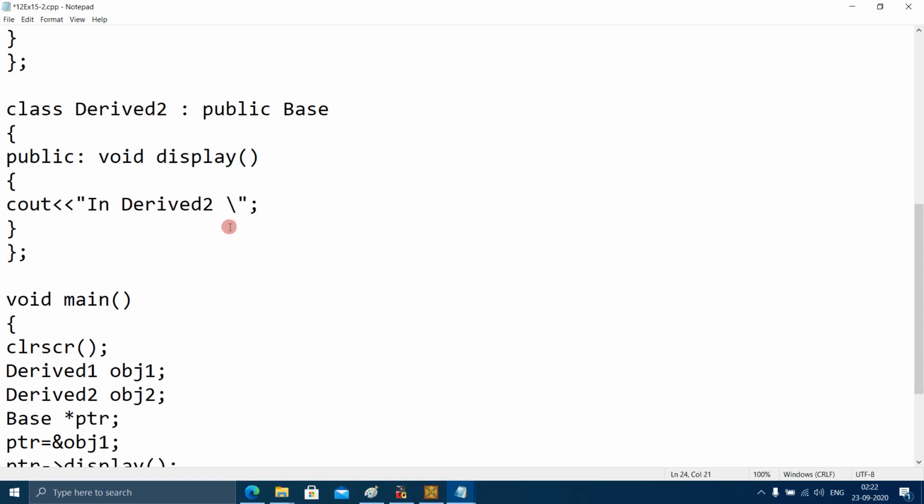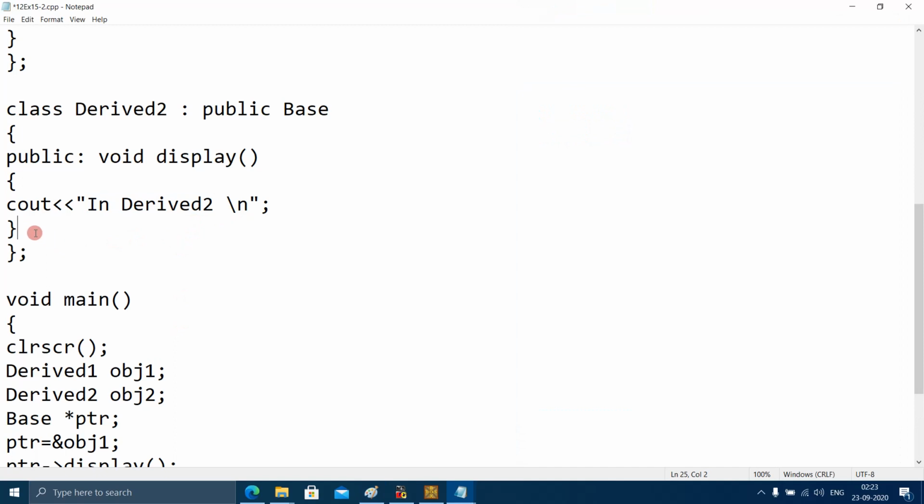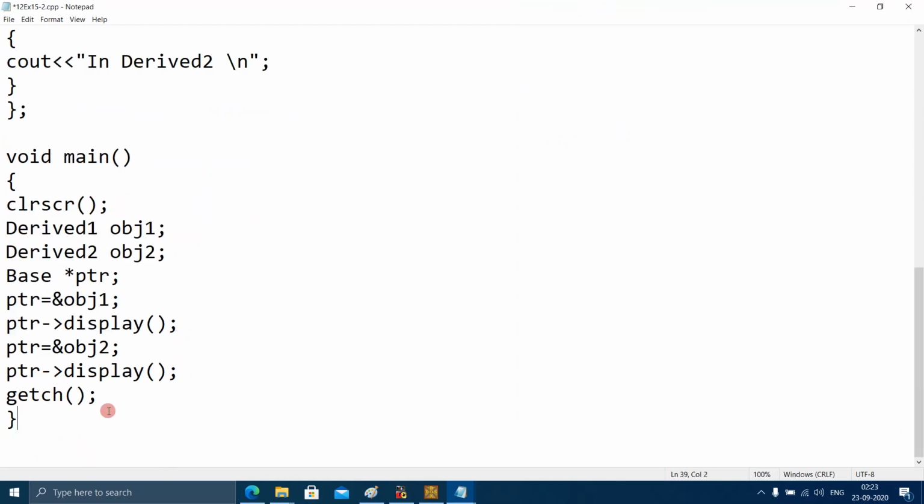Here I want to use \n. The display function of derived 2 is going to print "in derived 2". Then there is \n, that means the next line will be printed in a new line. This is the end of this display function. So it will be back here, getch, end of the program.